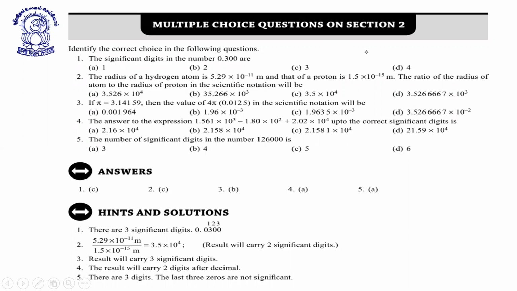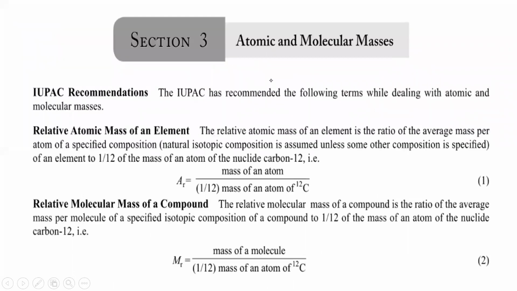Now I'm moving to the next concept, that is how to calculate atomic mass and molecular mass. This is very, very simple. Even in school days you might have done it, but still it is there in our concept, so I'm explaining all these things. Before going to this, you should know the atomic numbers of all the elements from 1 to 40 minimum, with their atomic masses. Atomic number is denoted by the letter Z, and atomic mass by A. So you need the Z values and A values of all the elements.